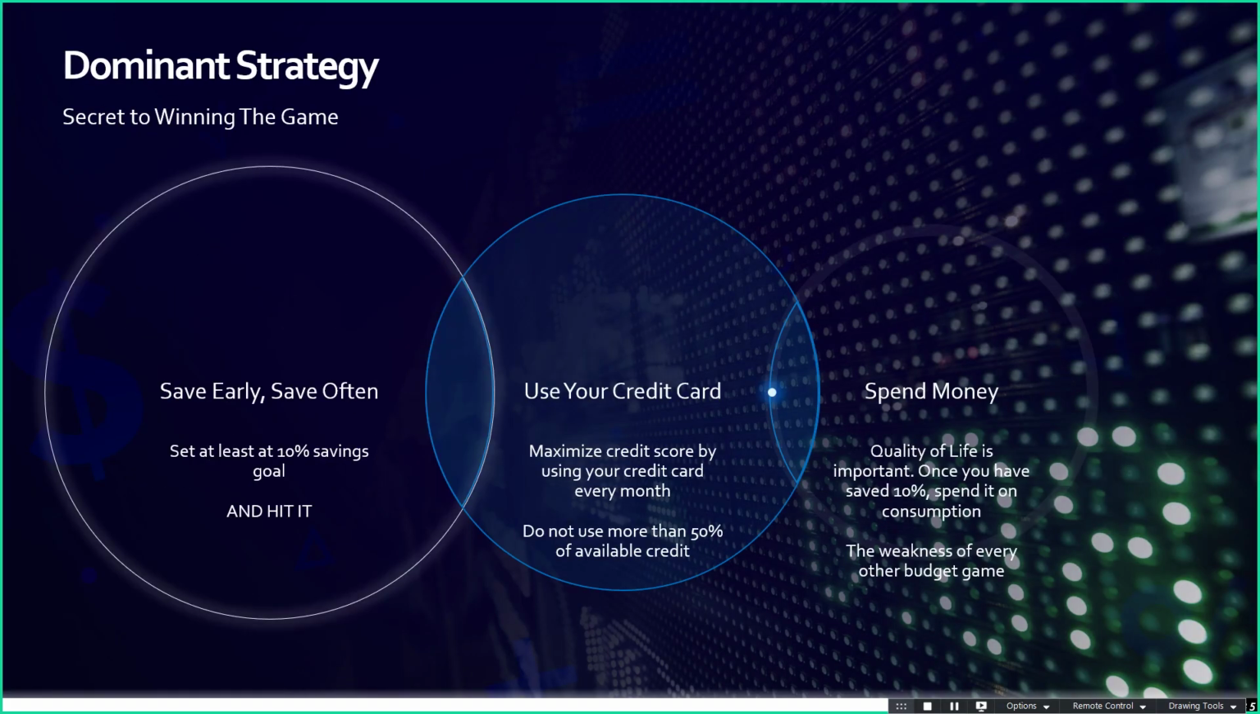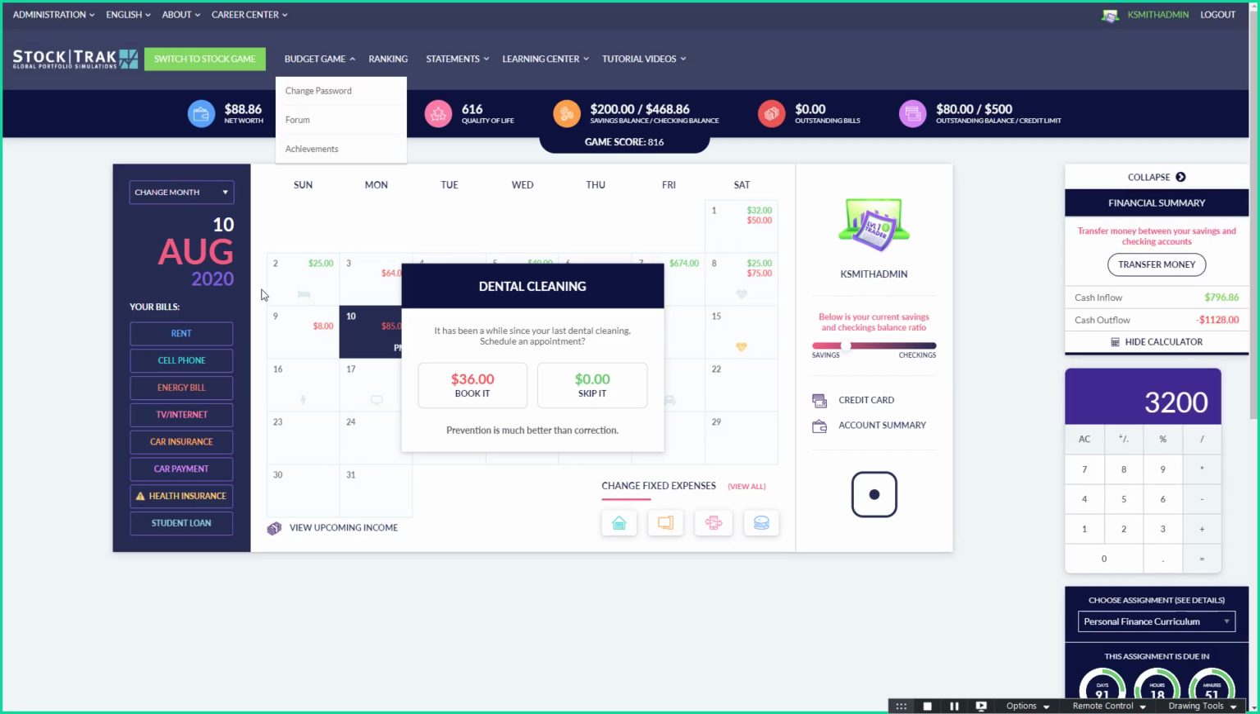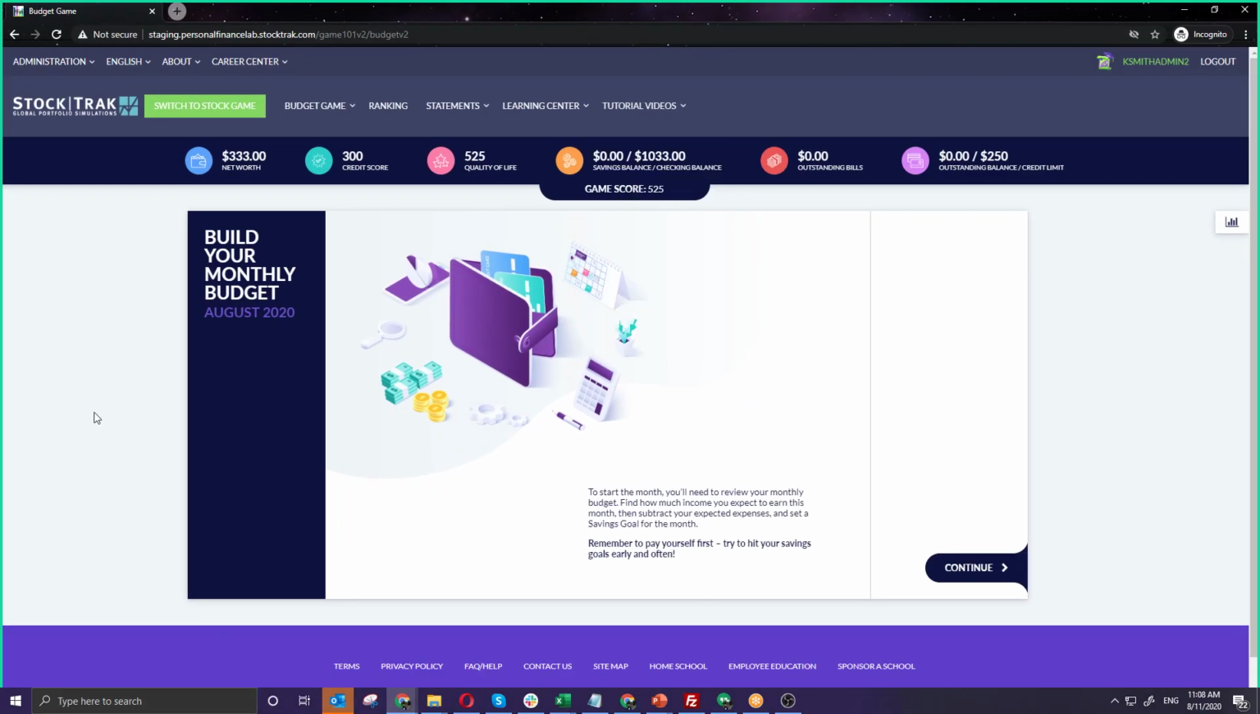So, because we designed the game exactly, we know exactly how to win it. In the game itself, the dominant strategy is to save early and save often. Set at least a 10% savings goal every month and hit it. So if I go back to my game here, at the beginning of every month, students have to build their